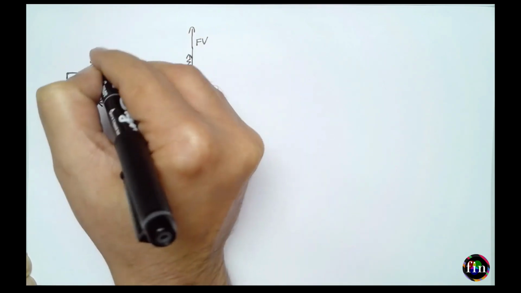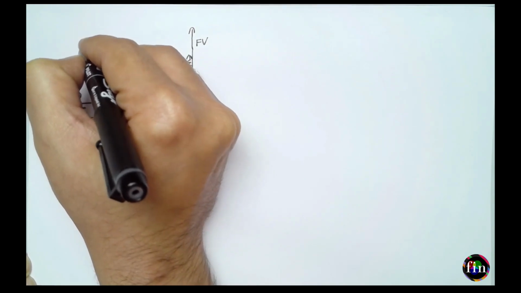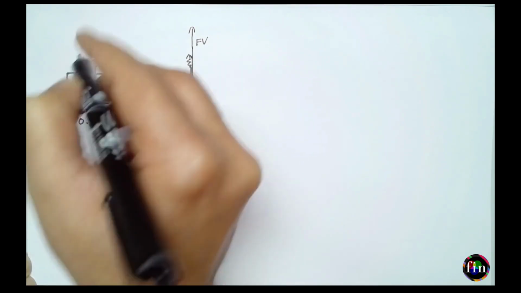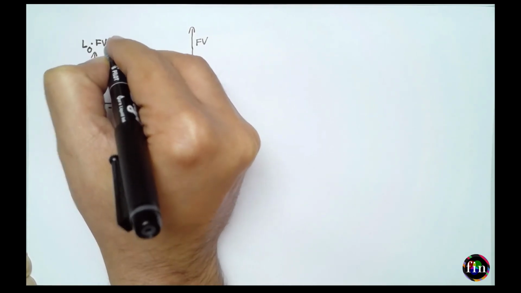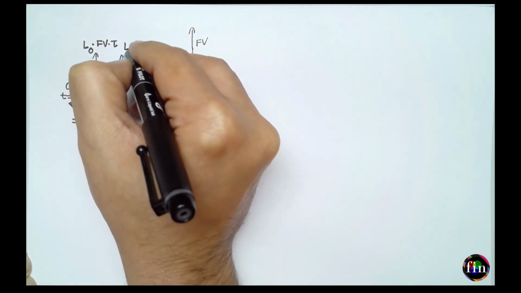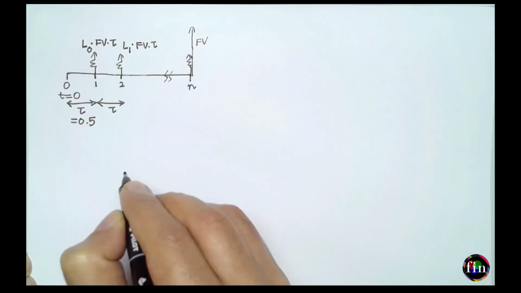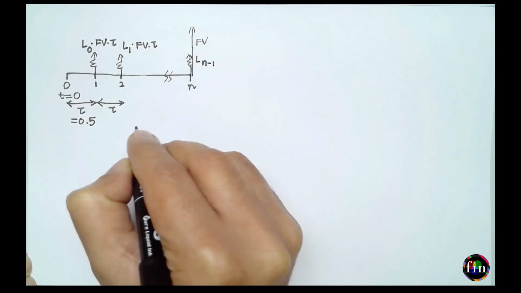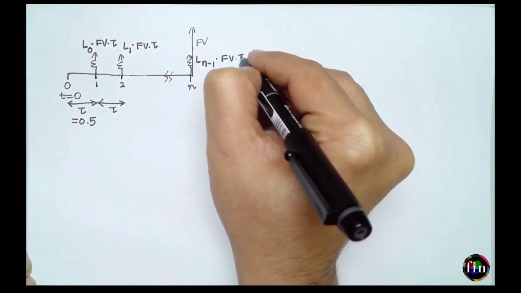Typically, if it's a 6-month note, this tau will be equal to 0.5. So this is the spacing for all these periods. Any given coupon, I will write down as follows. For example, the first is the LIBOR observed at time t equal to 0, times the face value, times tau. Similarly this one will be L1, times the face value, times tau. The last one would be L observed at time n-1, times the face value, times tau.